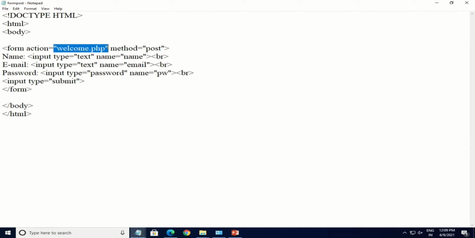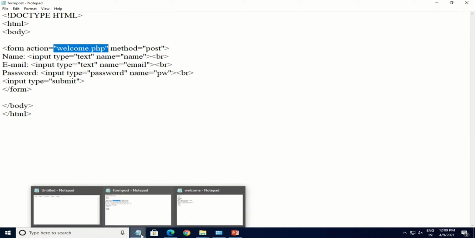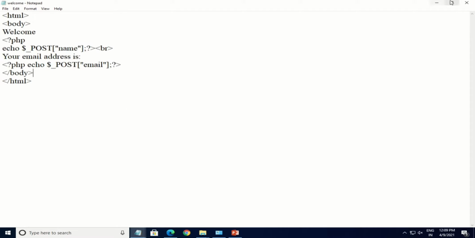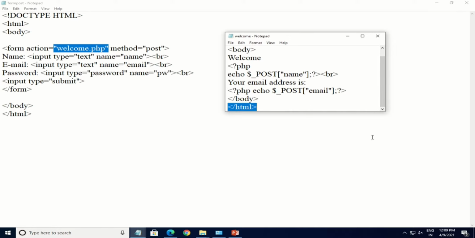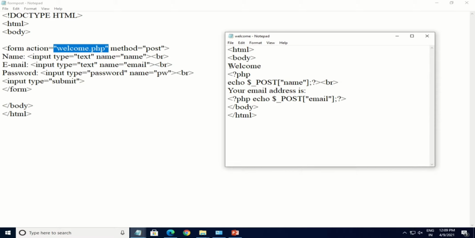So you can see this is a simple HTML form where, on the action attribute, we are calling this file, that is welcome.php. On the action attribute you have to use the same file name that you would like to get after clicking on the submit button.